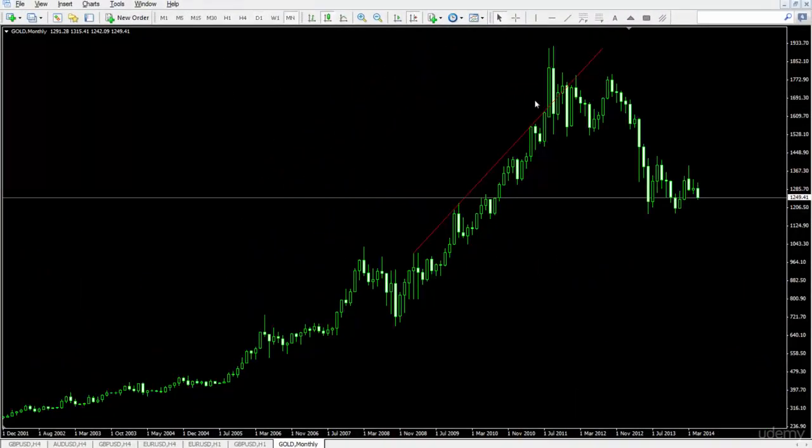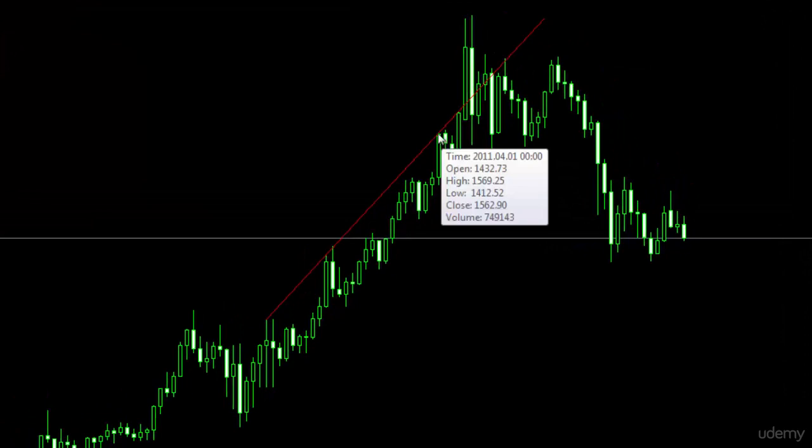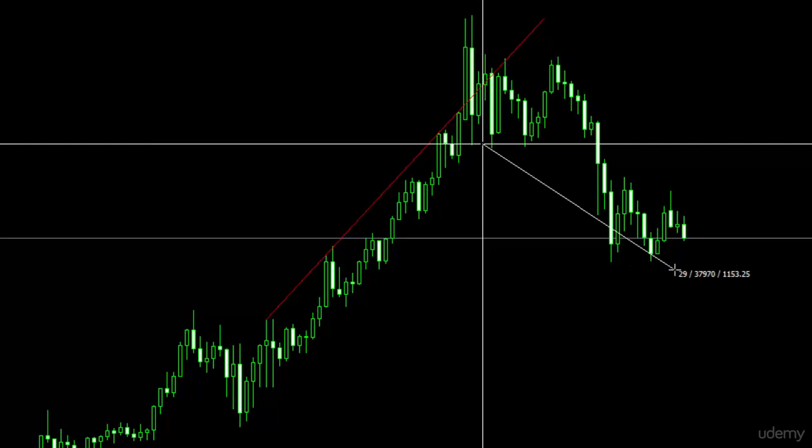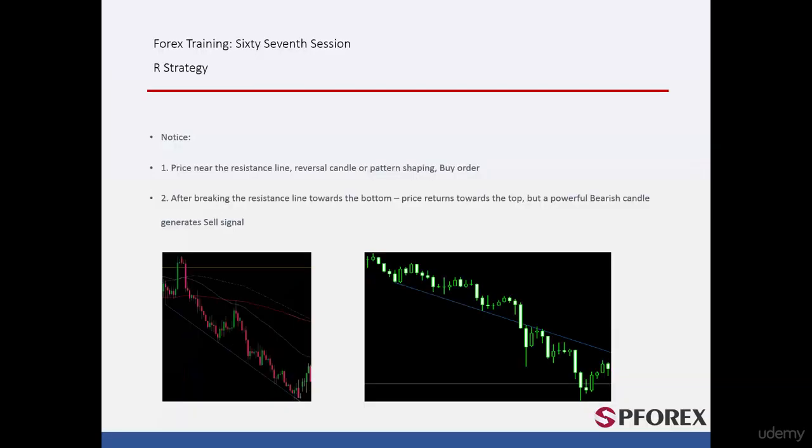On the gold chart, a trader could draw the R strategy that generated a sell order below this engulfing candle. TP price could be 394 pips lower than the entry price. Price decreased 390 pips lower, around $1,171. This sell signal was generated against presumption of some traders who speculated that gold would go higher after the